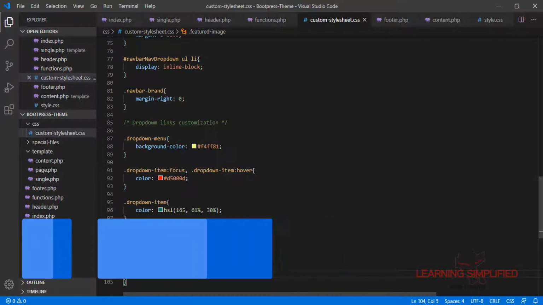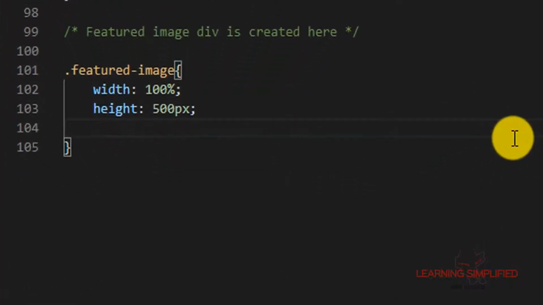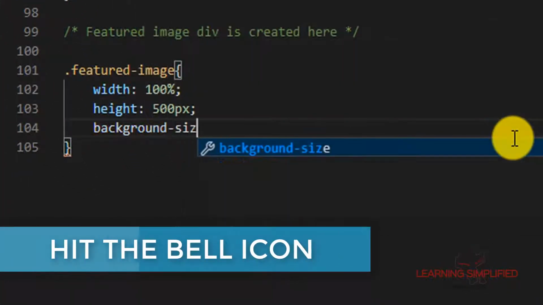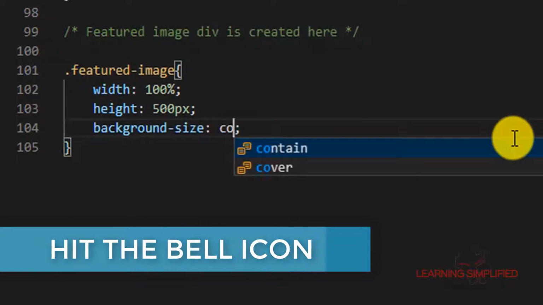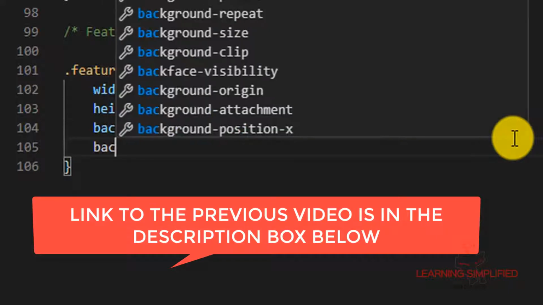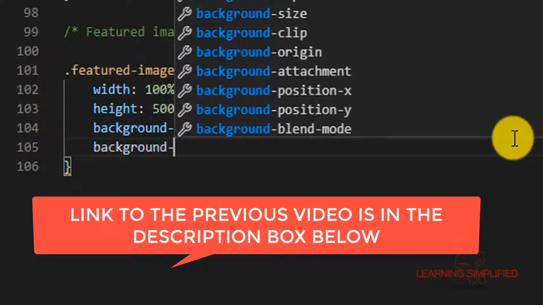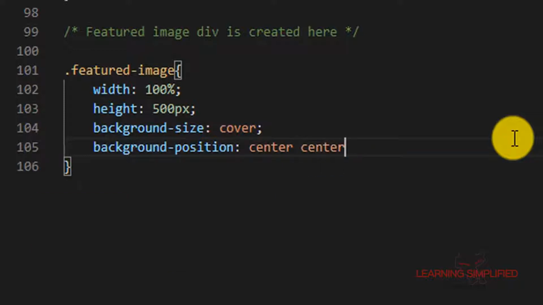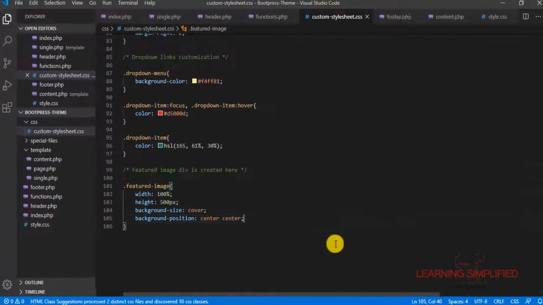Let's get back to our project, and here we are defining background size to cover this whole image, and we are defining the background position to be, say, center in the x-axis direction and center in the y-axis direction.